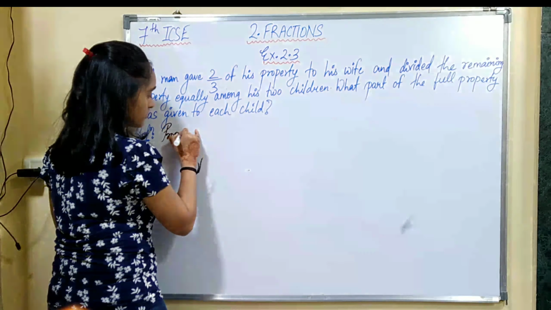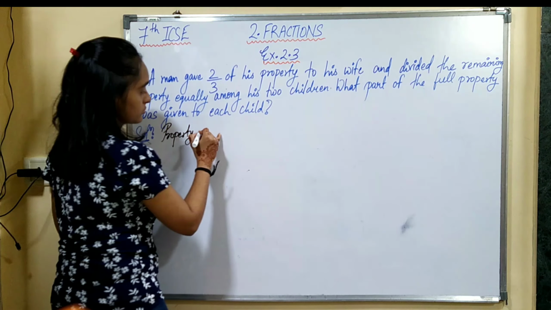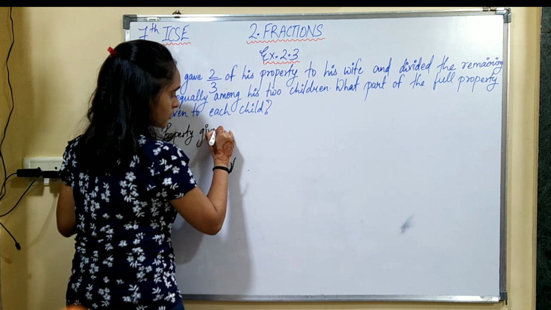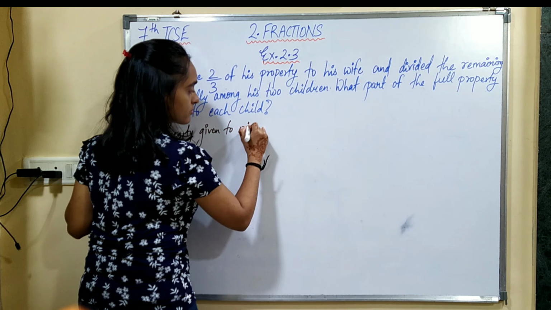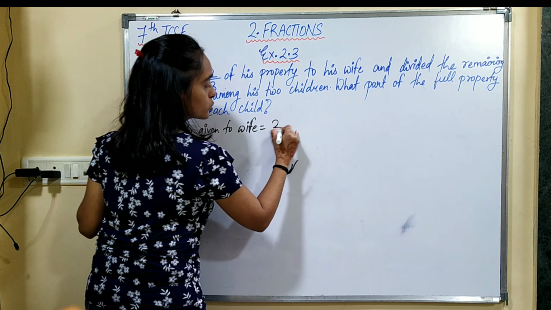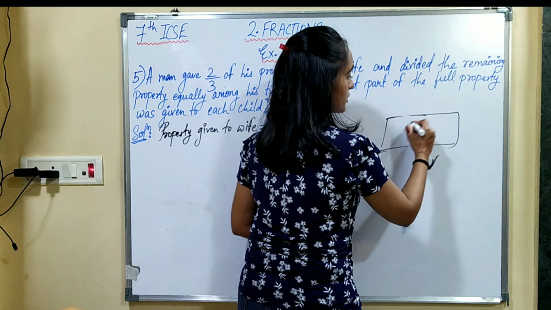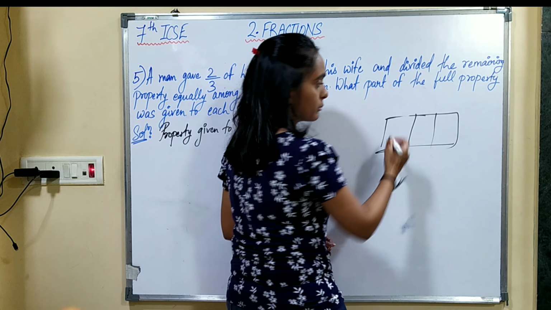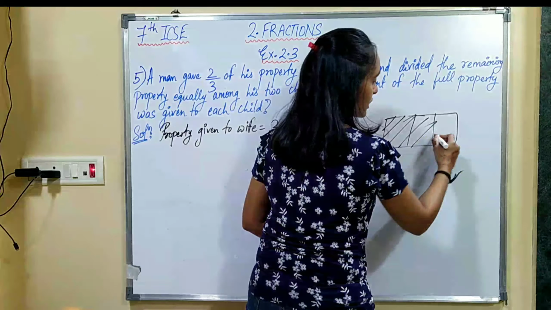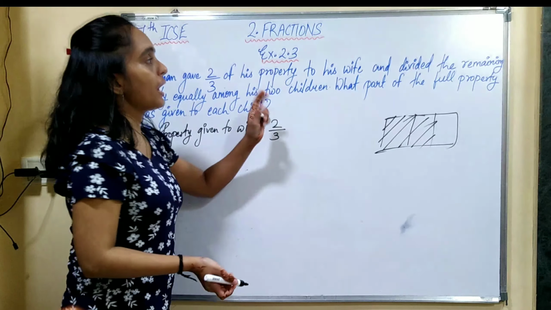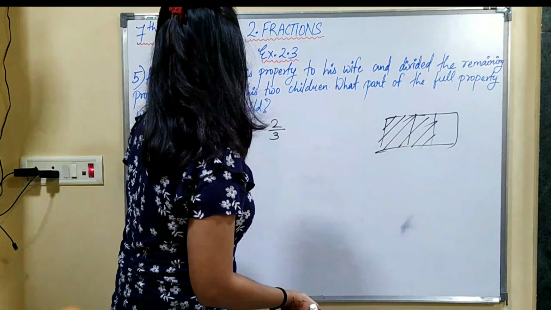Property given to wife is 2/3. So if this is the whole property, it was divided into 3 parts. So out of 3 parts, 2 parts were given to his wife